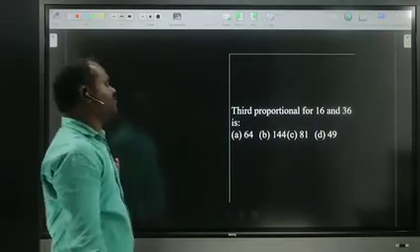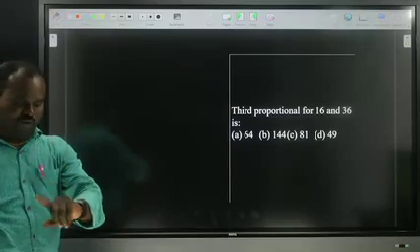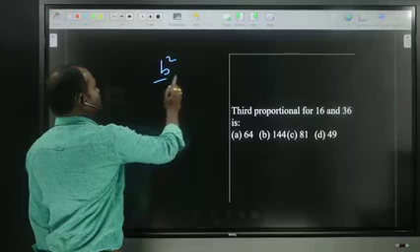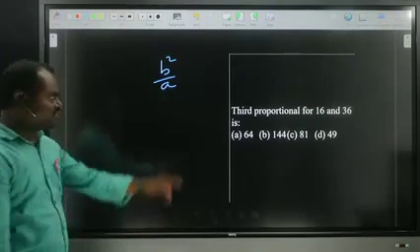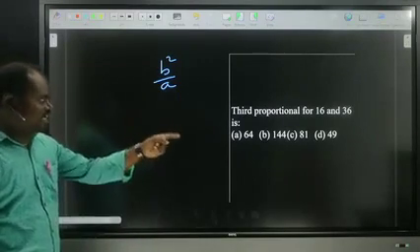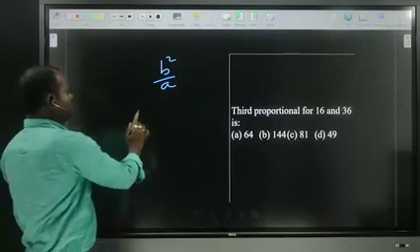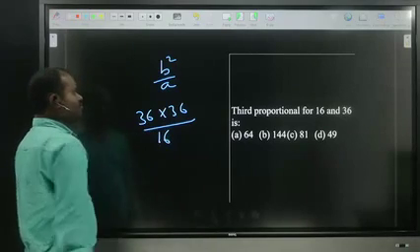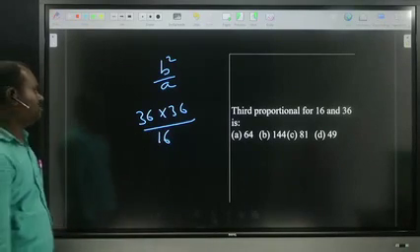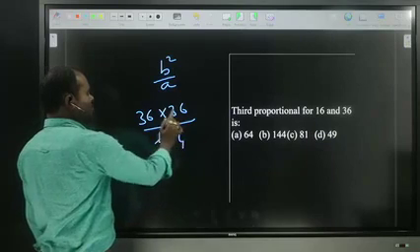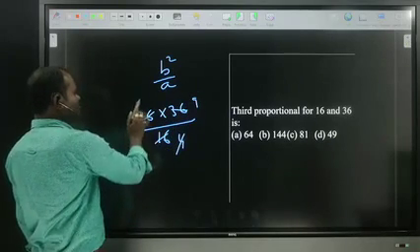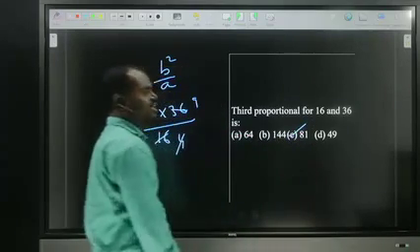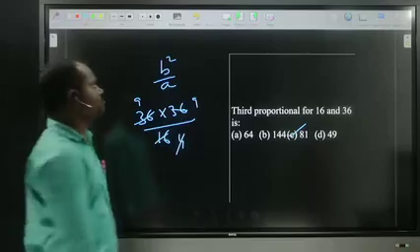Third proportion of 16 and 36. What is the third proportion formula? B square by A. In the place of B, the number is 36. So 36 into 36 by 16. Any cancellation? 4 fours, 4 nines. So 9 into 9, 81. Option C, 81. Okay? Now